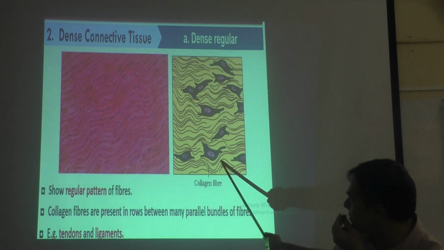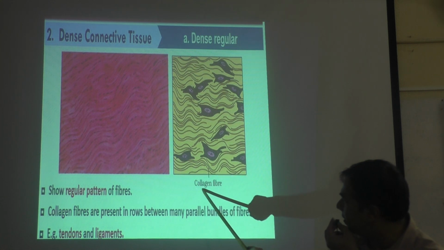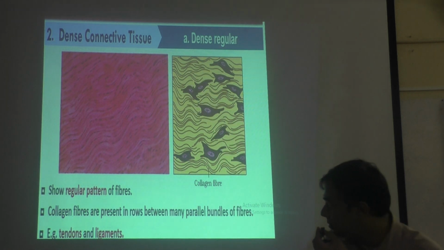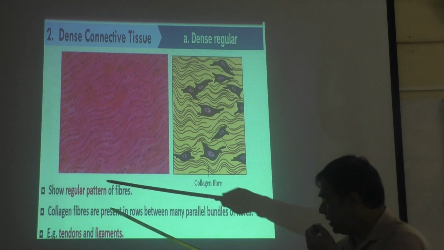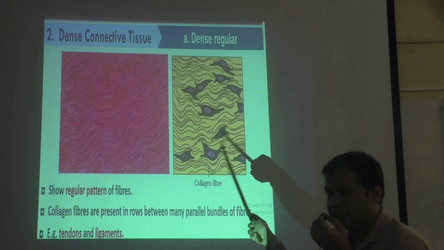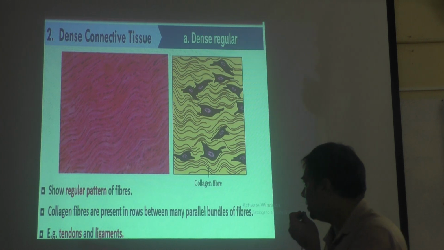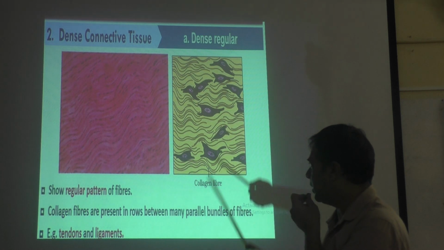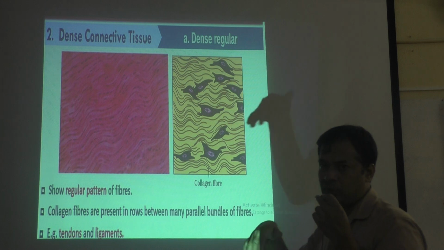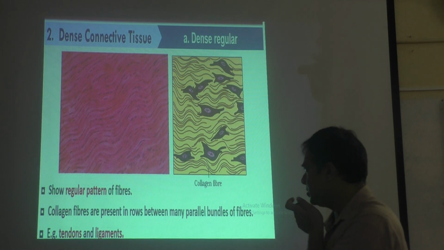You can see these thread-like structures, what you see in black color, which look like noodles, no? The black thread-like structures are collagen fibers, and these are fibroblast cells. So they show a regular pattern of fibers. All the fibers are arranged only in one direction. It is nowhere irregularly arranged. It is all regular, one particular design, one above the other. Collagen fibers are present in rows, like how students sit in class, one row, then the next row, like first bench, second bench. Collagen fibers are arranged properly here.